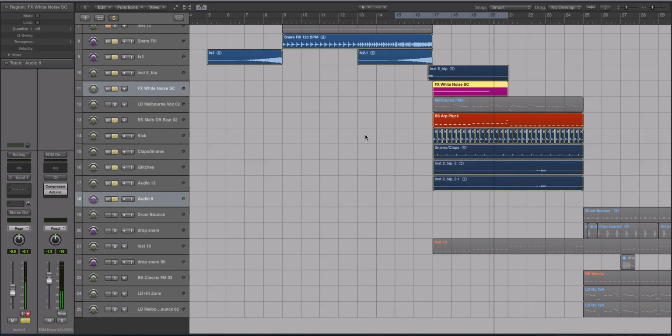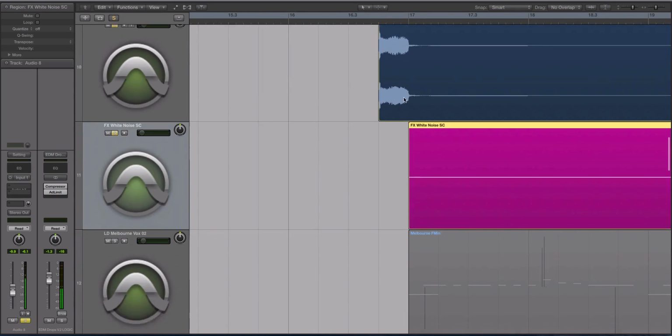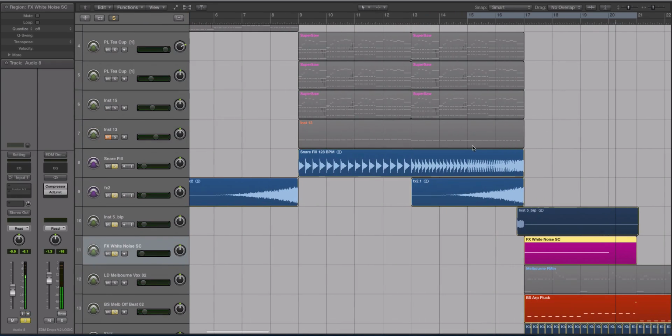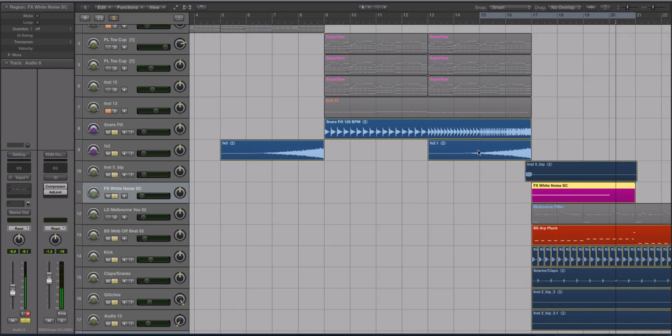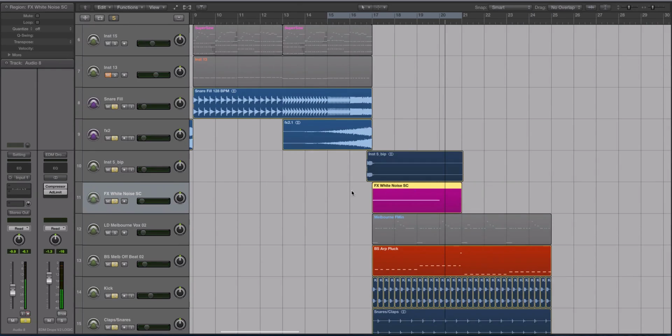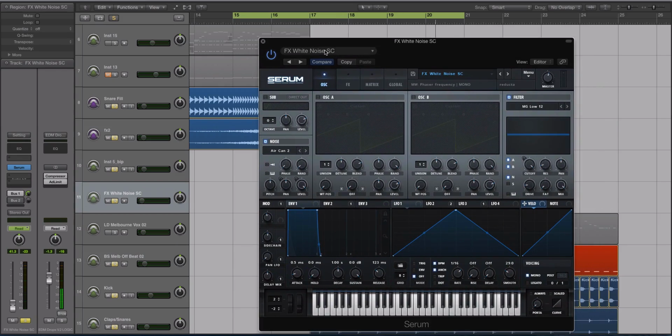So in this video, we are going to be looking at how you can create a sidechained white noise style effect. The reason why I wanted to do this is I got some questions coming through on some other videos, like how I do the effects and swells, and a lot of times I'll try to do them in synths. And ever since I've been using Serum, it's been one of my favorite synthesizers to mess around with this white noise style effect that has a side-chained rhythmic element to it,